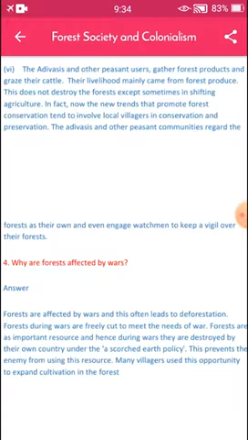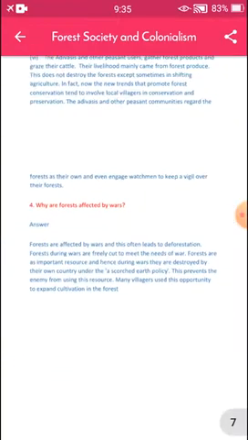This prevents the enemy from using these resources. Many villagers used this opportunity to expand cultivation in the forest.